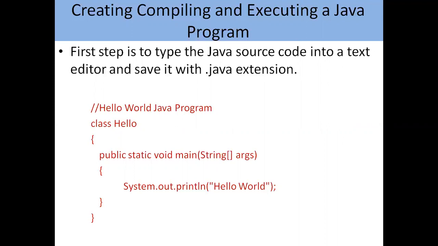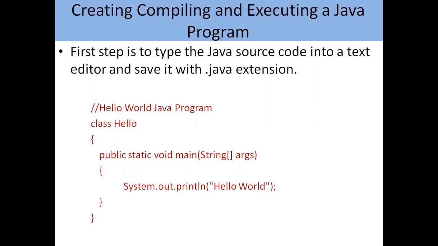In the above hello world program, I am printing to the console by using the println method, which is provided by the out object of the PrintStream class. The out object is made accessible by the System class. So whenever you want to print something on the console, we have to use system.out.println. Out is an object of PrintStream. For PrintStream there is a class called PrintStream, and if you want to access the class, we use an object which is out. System and PrintStream are predefined classes which are provided by Java.